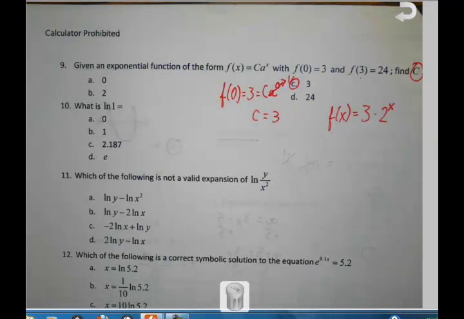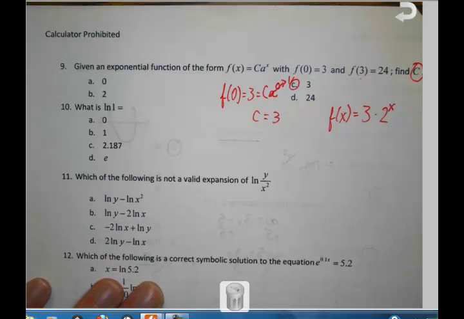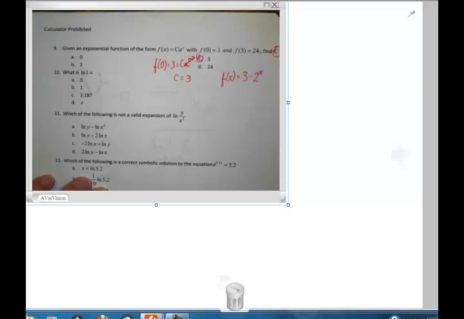Now, for number 10, they asked you, what is the natural log of 1? Now, I had told y'all in class, I had y'all strike it in your notes, and I had said it several times, and I had even told you it was going to be on the test, that any time you take the log of 1, whether it's a natural log, a common log, or a log of an actual base,